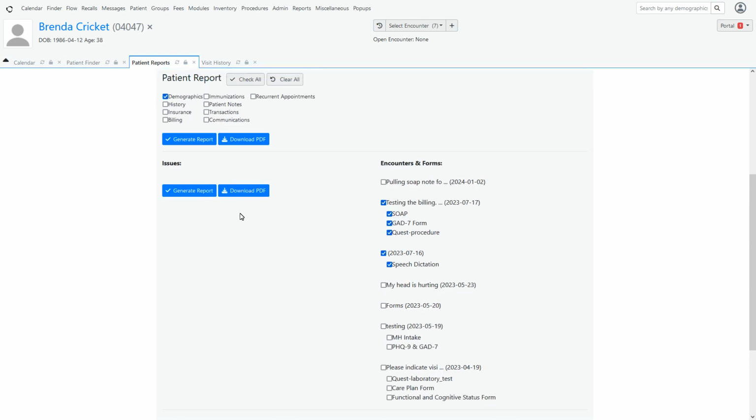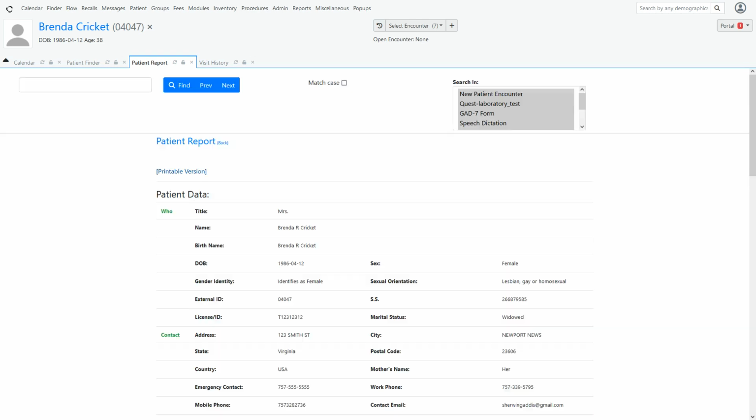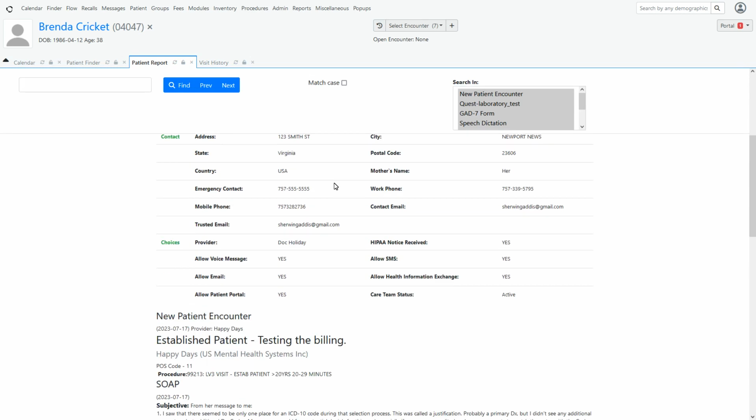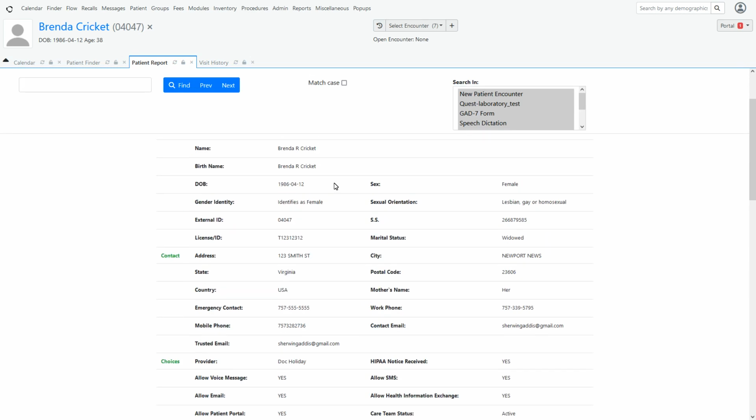Now, you have a choice between the two. One is an HTML document and one is a PDF. So you can choose either one. In this example, I'm going to choose Generate Report just to show you the HTML version of this report. So when I click here, it generates the report for me, and it puts all the patient's information at the